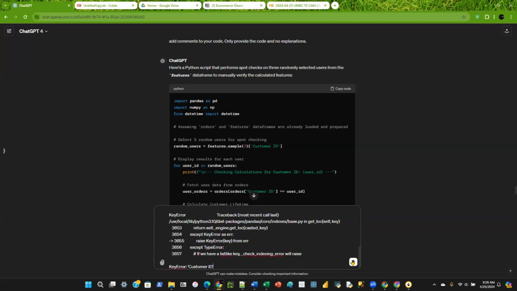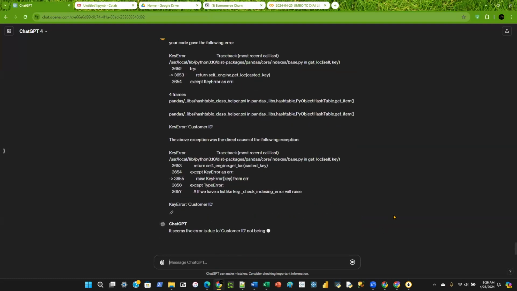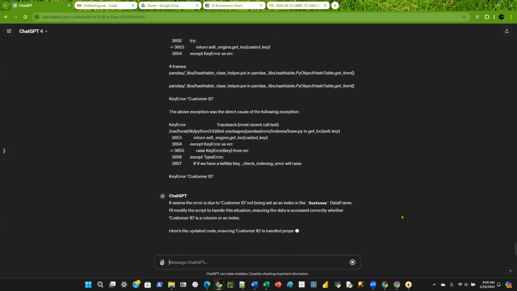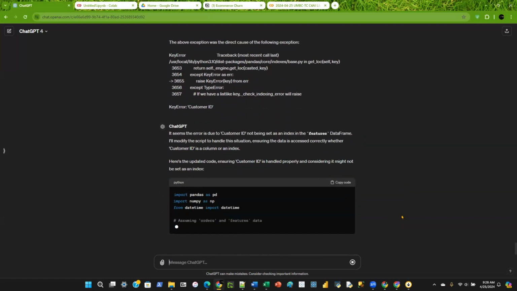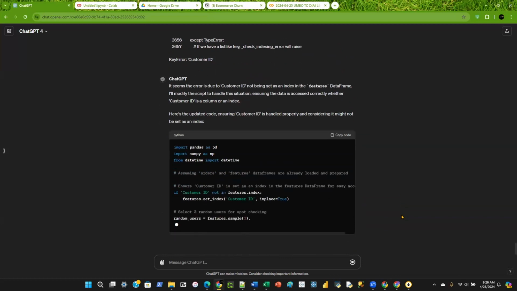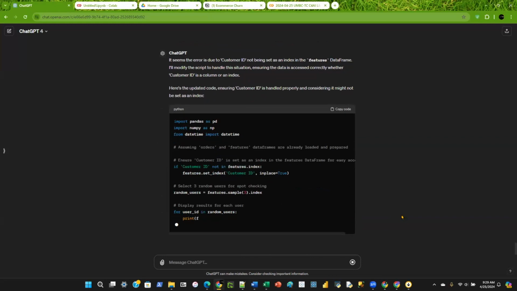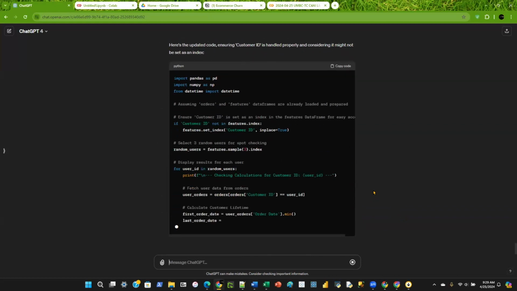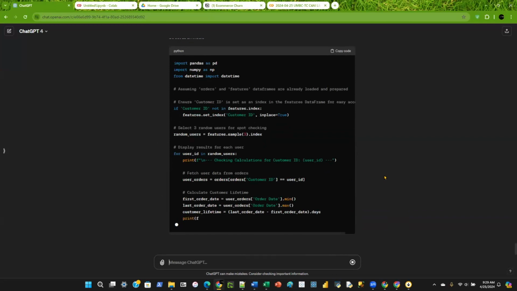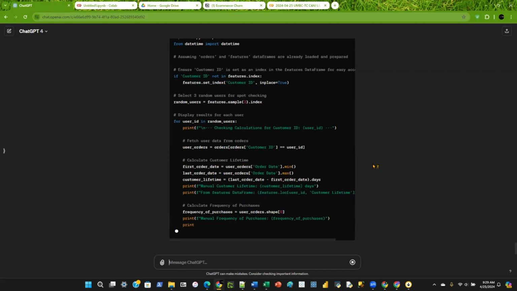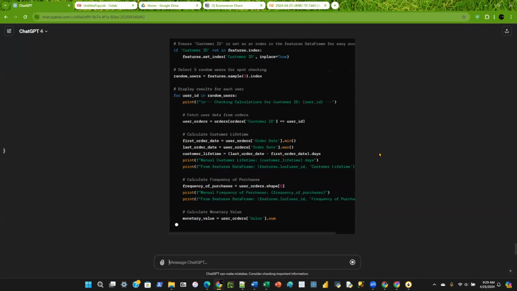Just copy that in here. Here is the updated code. So it had assumed customer ID was set as an index in the data frame, but it was not. So it's going to fix that and give me code again, and it's going to do that test, the record by record test to spot check that it's done the right thing.